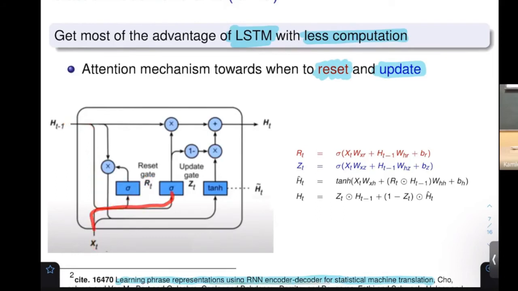The same thing has been fed to another circuit that tells what to update. What to reset and what to update. You know that anything that needs to be reset is to be multiplied with the previous thing. So s(t-1) is to be multiplied by this particular value. So on this particular line, s(t-1) is multiplied by this particular value, and it goes into this to compute the output that I'm going to get. But you know that what I'm going to learn also needs to be added over here. So let me tell you one by one.